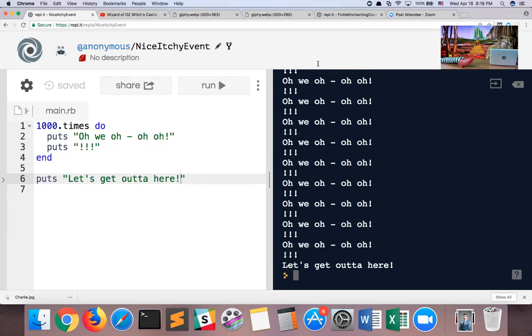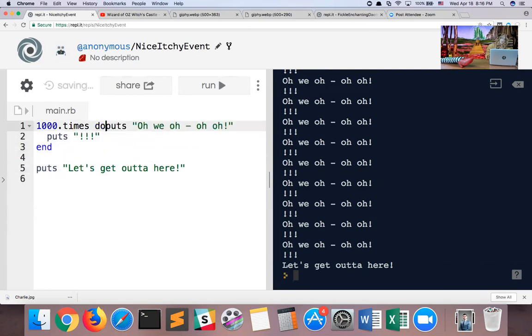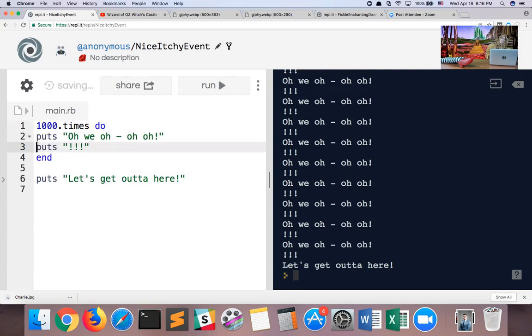And Jay has a great question, which is, why are lines 2 and 3 indented like this? And this is similar to the concept of having blank lines. You don't have to. This program would run just as well if I remove the indentation. However, it's helping the programmer read this code more easily. By indenting lines 2 and 3, it allows us as the programmer to look at this code and just quickly visually recognize, oh, it's really easy to see now how lines 2 and 3 are wrapped inside the loop.